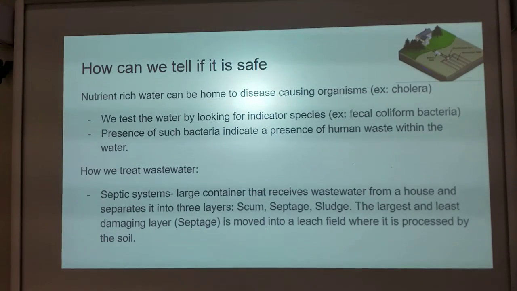Specifically, we're looking for fecal coliform bacteria. The reason we're looking for fecal coliform bacteria is because these are the bacteria that are found within our own guts, living off of our own waste, which sounds weird to look at. But if you find that type of bacteria in water, it indicates that there's got to be human waste also in that water, human excrement. It's got to be sewage, raw sewage. That would indicate, obviously, that is a bad source of water that needs to be treated.